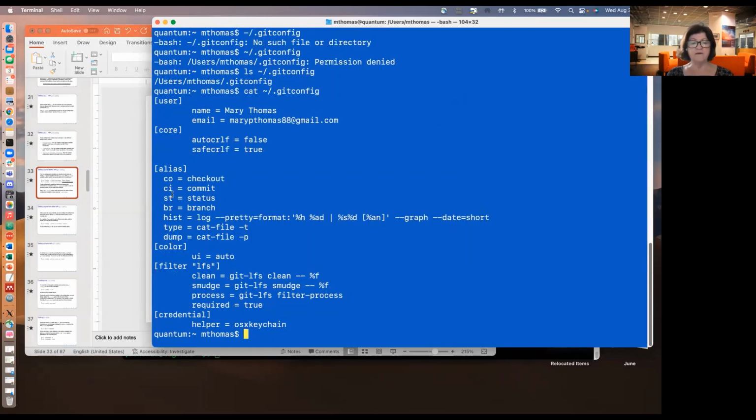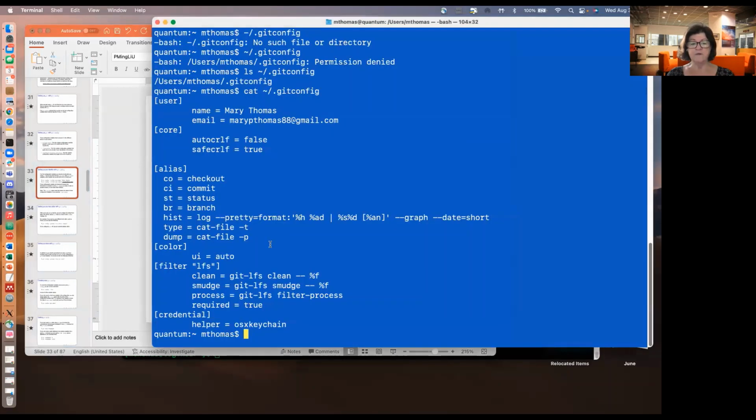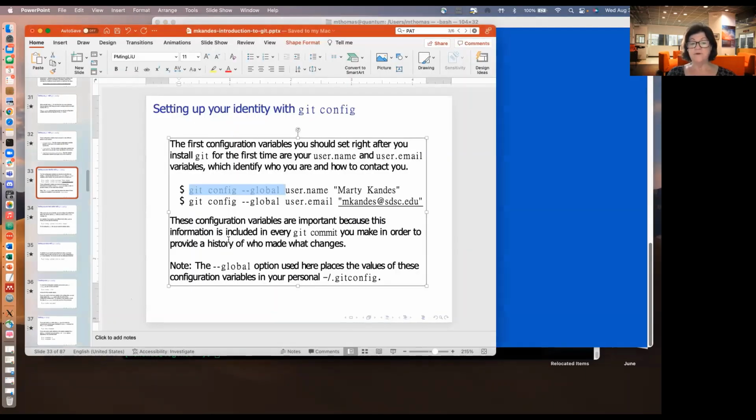And I have a lot in it. I don't use everything in it, but I do keep things in here like my email address and things like that. With git config, you can load it in using git config --global, which will put it into the git config file that's in my home directory. And you can also put information into the repository's git directory as well. So in this example, you're adding the user.name and the user.email. I'm not going to change my git config file, otherwise it would mess up my